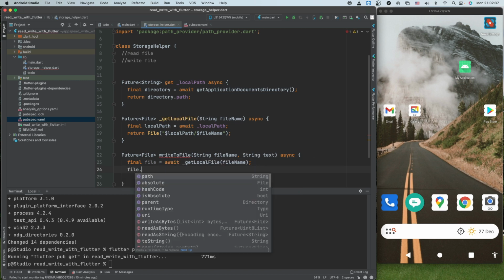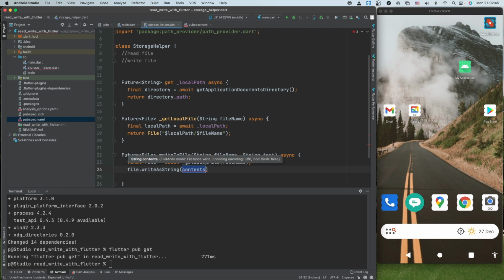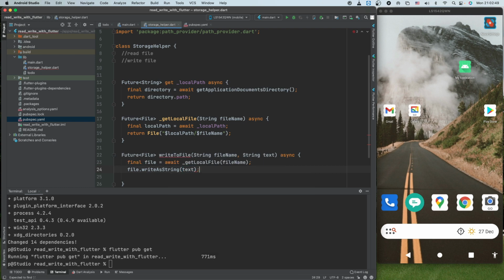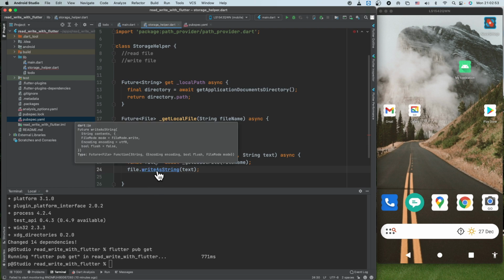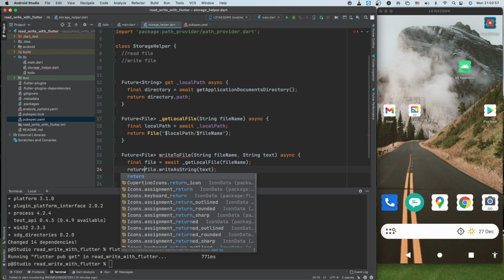Okay, now file.writeAsString and the content is text, and if I am not wrong, this is again a Future, and this we can return.